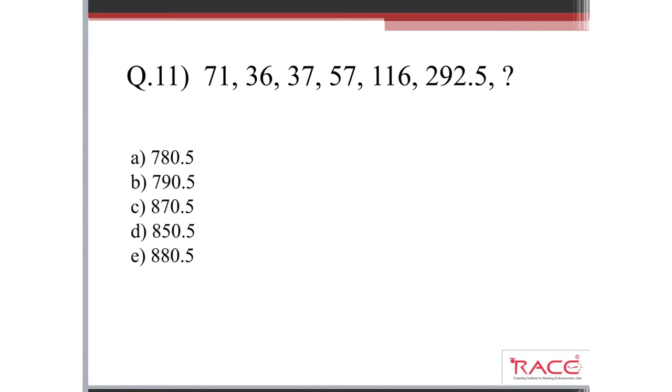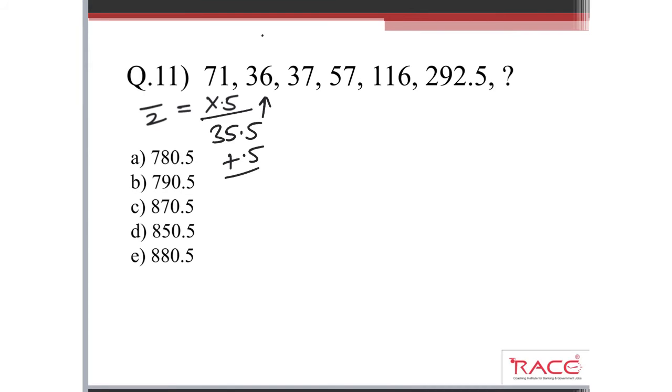This is question number 11, and we have already discussed one question where value is initially decreasing and then increasing, and same pattern is here. Okay, so give a try. We can see 71. If we multiply it by 0.5 or divide by 2, both are same thing. So to make the pattern, I have to write it multiply by 0.5. It will be easy. So it will be 35.5, then plus 0.5. So multiplying by 0.5 and adding 0.5 to it, it will give me 36.